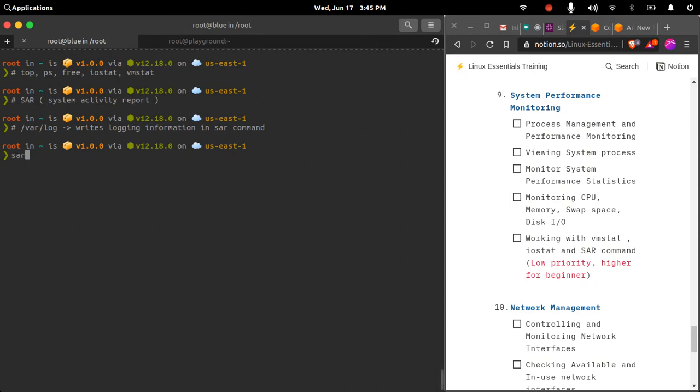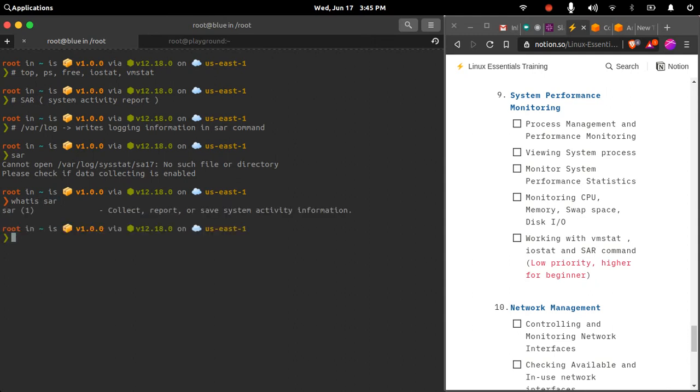So let me check if I have the SAR command. What is SAR? Yeah, if you see, this is used for collecting, reporting and saving your system activity information, and it is already installed on my system.